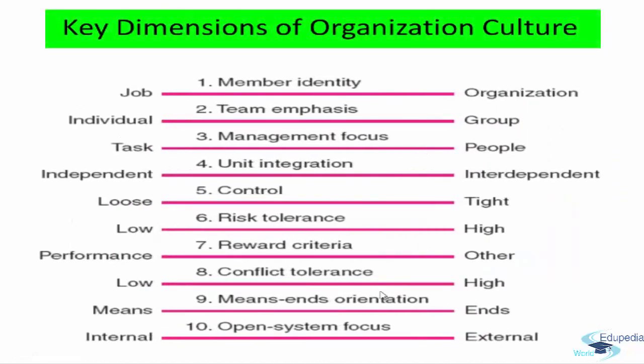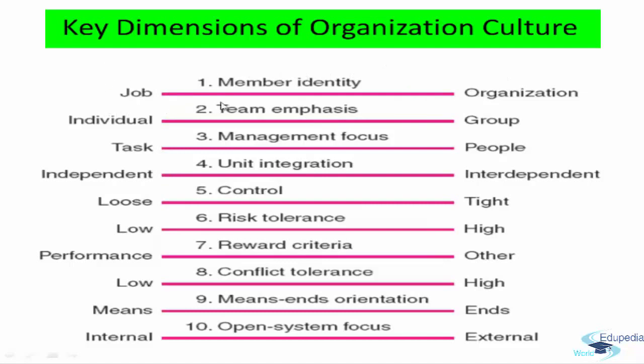Now we look at the key dimensions of organization culture. If you want to analyze any organization's culture and see what type of culture it is, you need to look at these 10 parameters, 10 dimensions. One is member identity, whether he identifies with the job or with the organization. Sometimes if you ask a person where they are working, what they are doing, you would say, I'm a programmer in an IT company. Or somebody else will say, I work for Infosys, I work for Wipro. That means the person is more identified with the organization